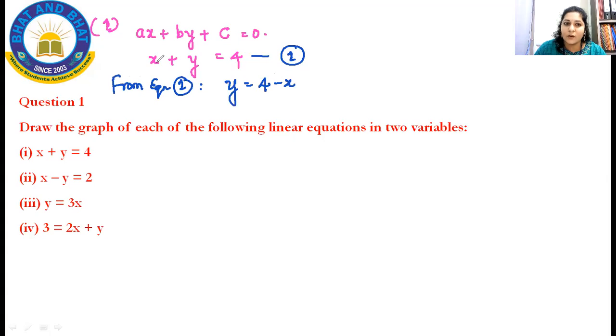Yes, ma'am. So your first given equation is x plus y is equal to 4. Since I have to find out the values of y after I substitute the value of x, I simply shift x onto the other side. So I get y is equal to 4 minus x. Now this is the second equation. Now you have to go ahead and write a statement. Hope you guys are doing the problem along with me.